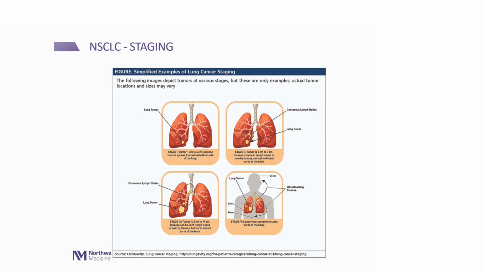The next one is stage 4, which basically means the cancer cells have traveled outside the organ and gone to other areas. It could be the brain, it could be the bones, it could be the liver. In a sense, it's other parts of the body. So that's what stage 4 cancer means: that the cancer cells have traveled outside and they have gone out.